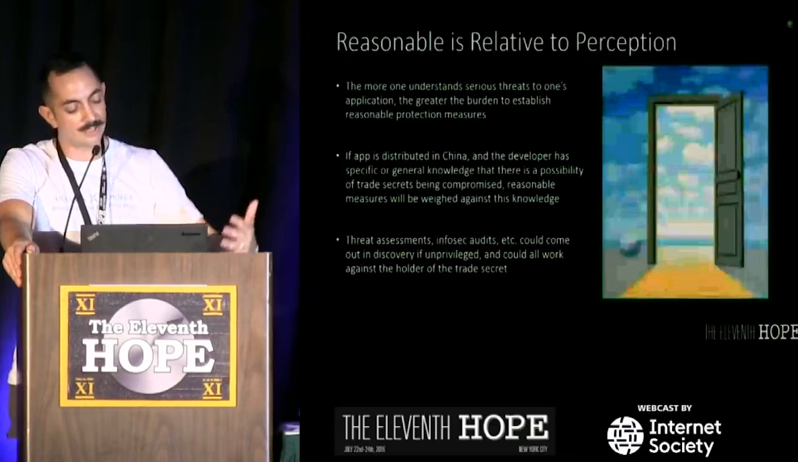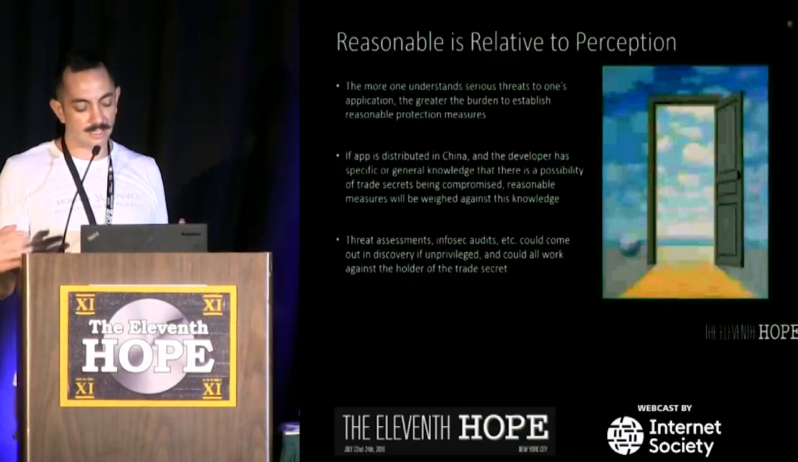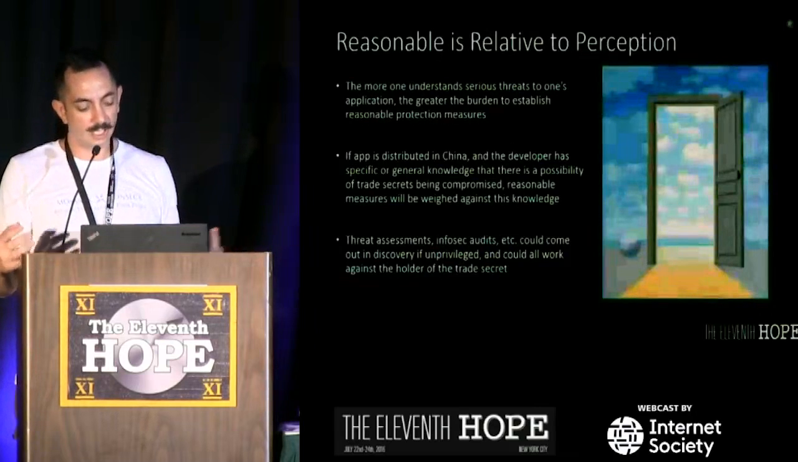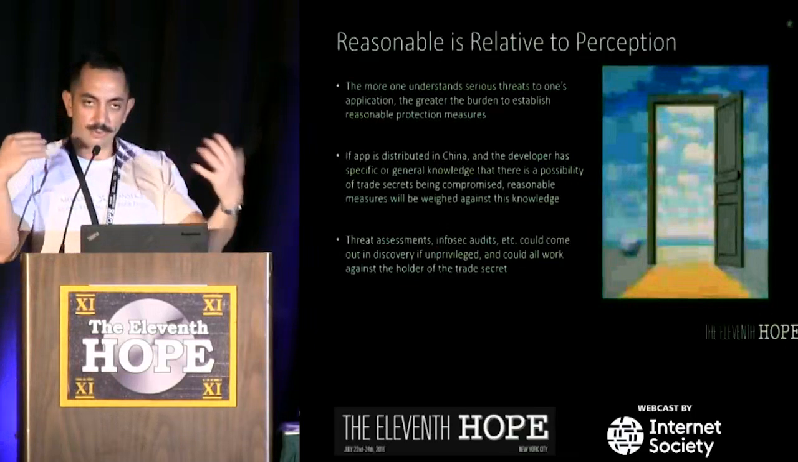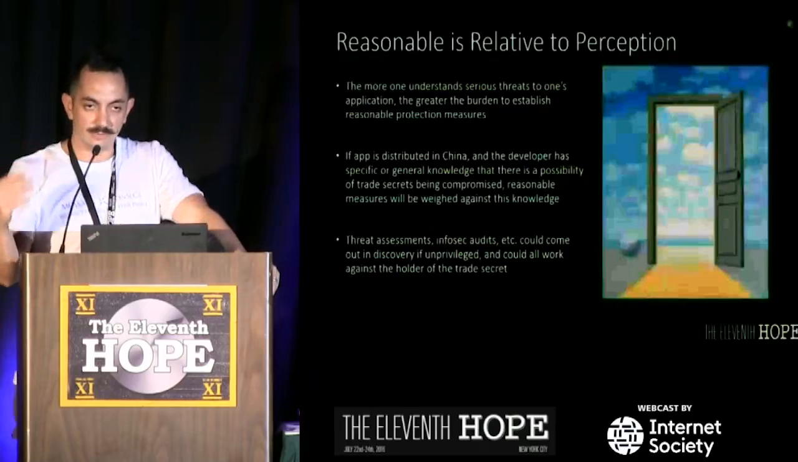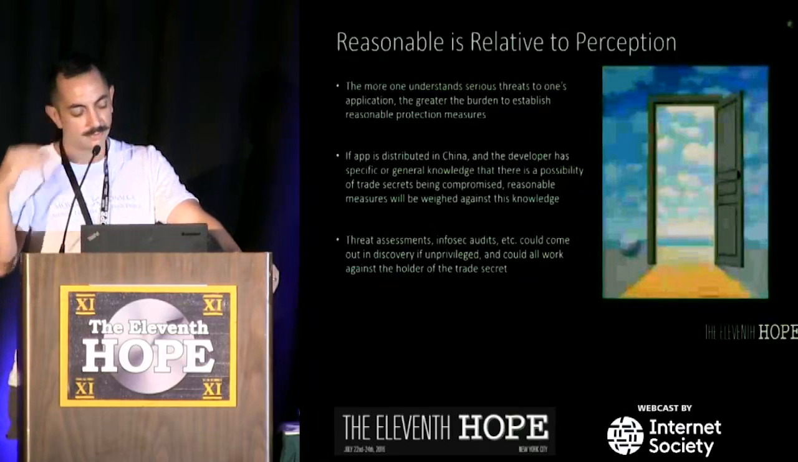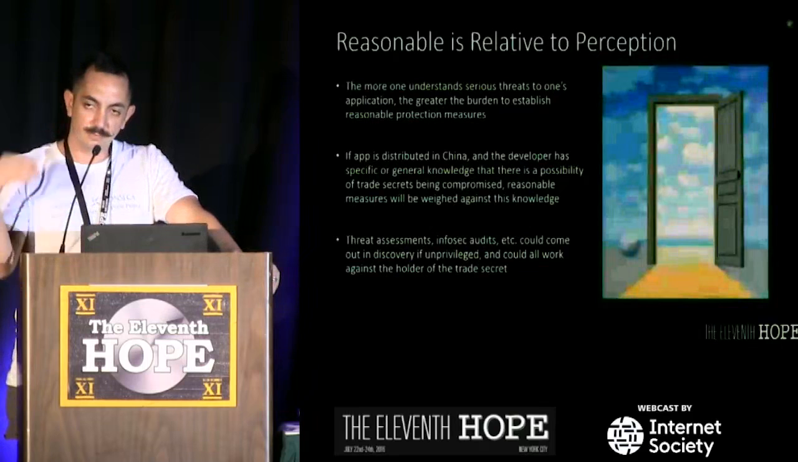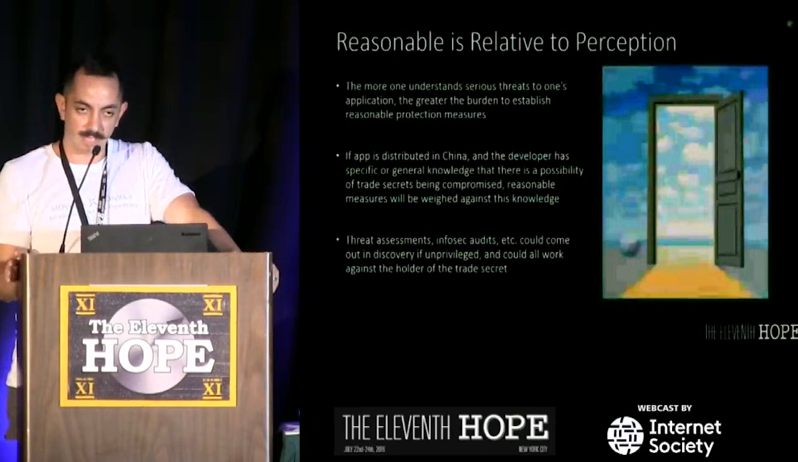But there is a lot of tension here. So the more you understand that there are serious threats to an application, the greater the burden becomes to establish those reasonable means. So they are directly proportional. Your knowledge of your threats is going to be directly proportional to what is reasonable under the circumstances in terms